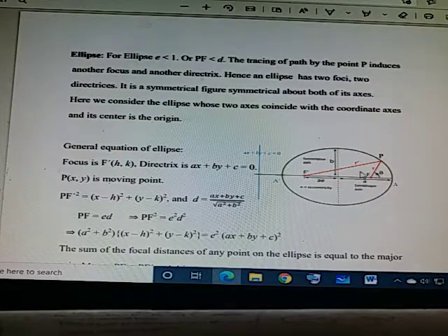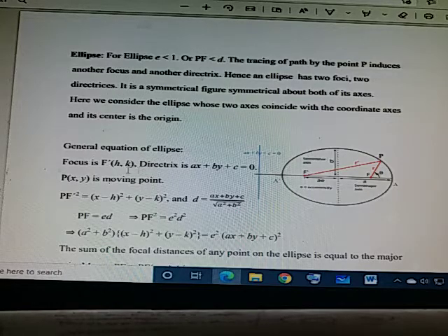So conic, when e is less than 1, we are discussing about conic, and when e is less than 1, then it is an ellipse. So for ellipse, same procedure. F is a focus, F dash, we are writing F dash here, with coordinates (h, k),